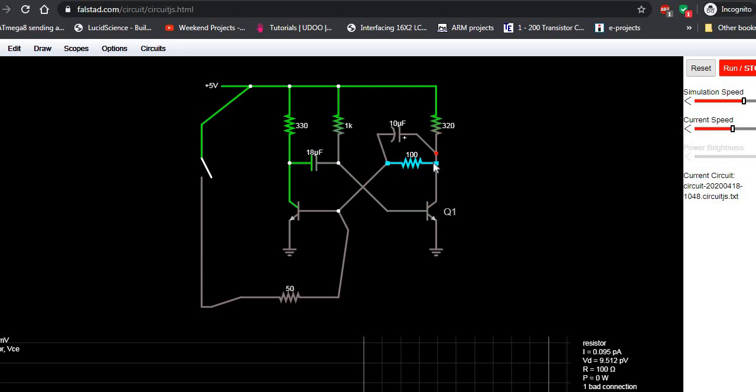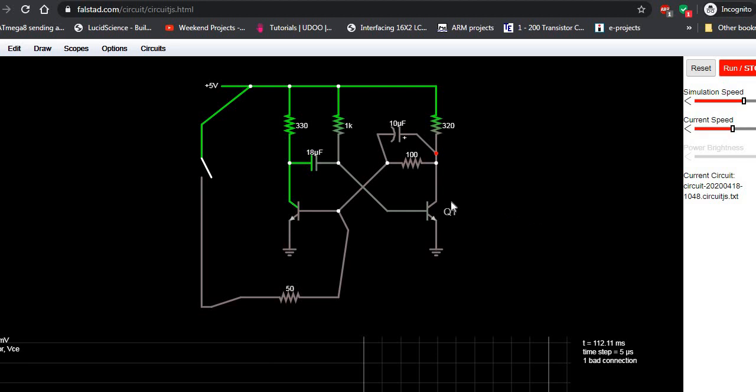Resistor from collector of Q1 is connected to base of the Q2. In a similar manner, some part of voltage of Q2 is connected to Q1. So there is a feedback cross connection from output to the input and output to the input. So this is nothing but a monostable multivibrator. This arrangement is nothing but a triggering, external triggering. Now let us simulate this circuit and see.